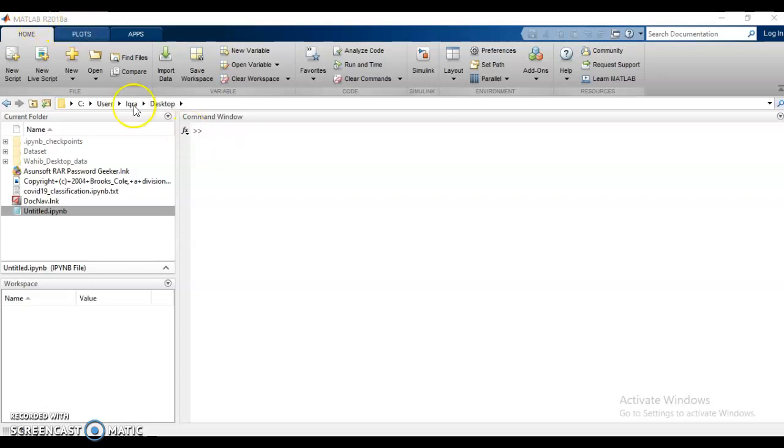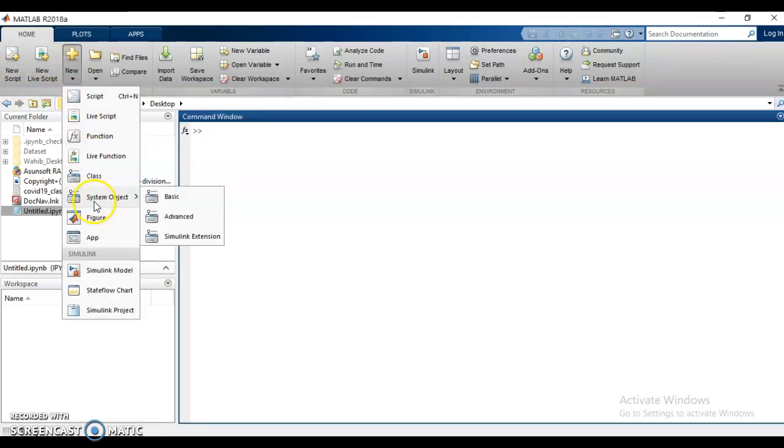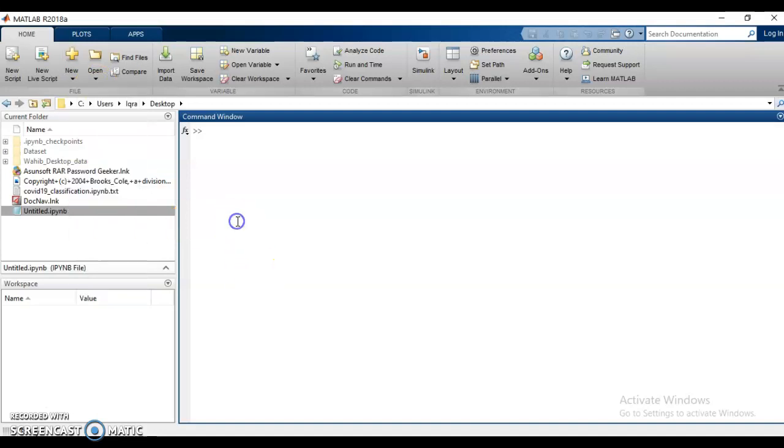I have MATLAB 2018 installed, and as we had seen before, we have multiple windows here. As you can see, we have the home tab, the plots tab and the apps tab. The details will be seen later on. Then we have the MATLAB files. We can make a new MATLAB file or Simulink file or other files from here. We can open up some old MATLAB file, and then we have other stuff here which we don't need.